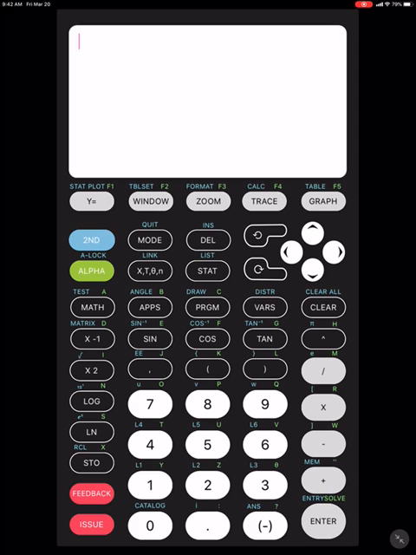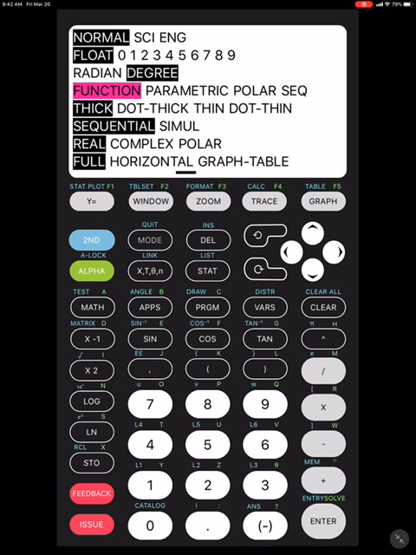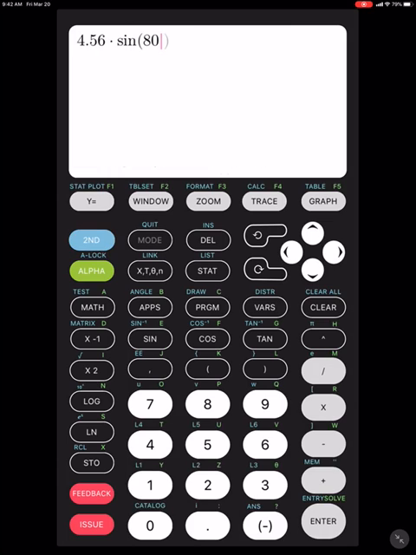So let's find side F. Let's type that in together. What is 4.56 times the sine of 80? Now make sure your mode is in degrees. Hit your mode key and make sure it's in degrees, not radians. As we type that in, we get 4.56 times sine of 80, and we get a value of